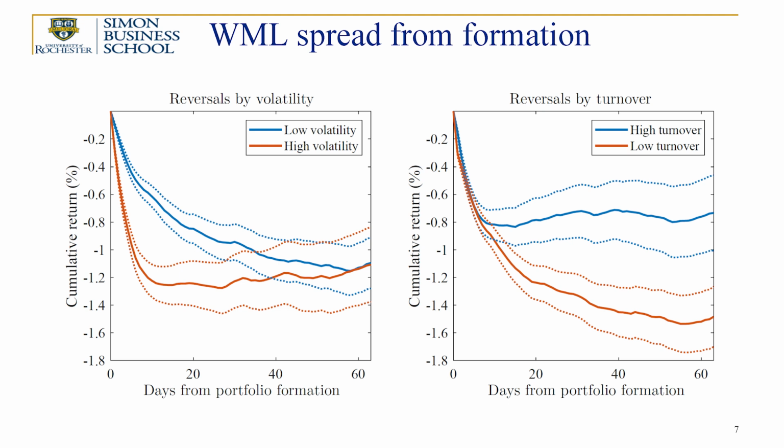And I'm showing this for strategies constructed within stocks that are very different on some aspect of liquidity. In particular, in the left panel, I'm showing you reversals among low and high volatility stocks. And on the right-hand panel, I'm showing you differences between low and high turnover stocks. Okay, so what you see on the left with the volatility is that there are massive differences in the performance